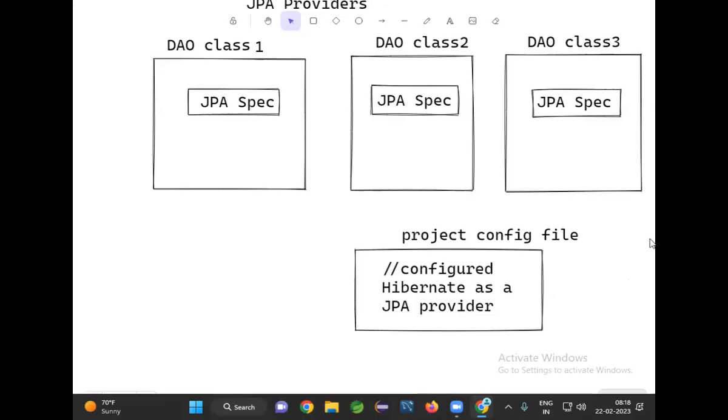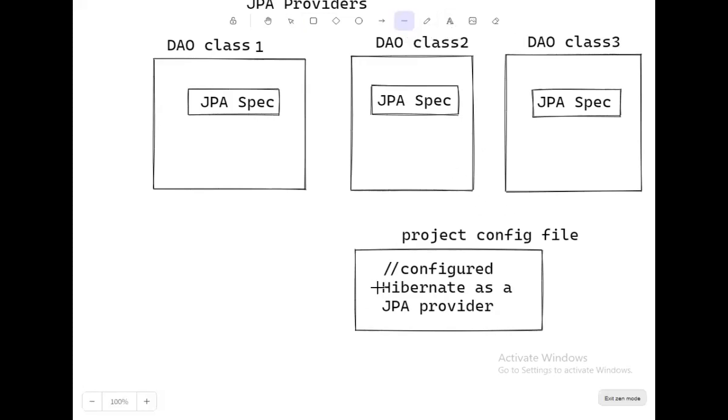In the project configuration file, I earlier configured who as the JPA provider? Hibernate. Now I need to configure, in place of Hibernate, Eclipse link